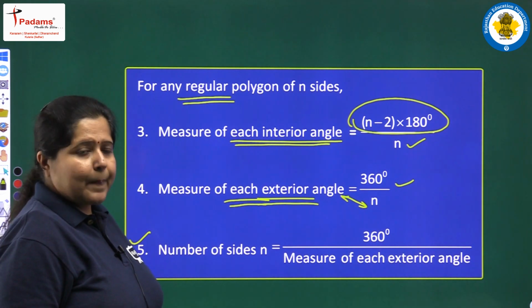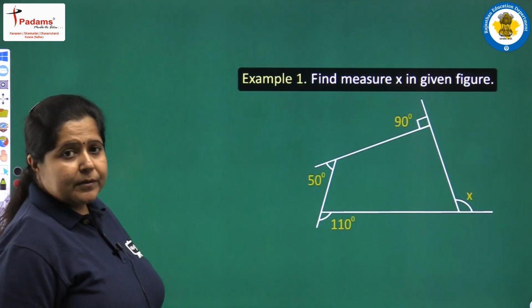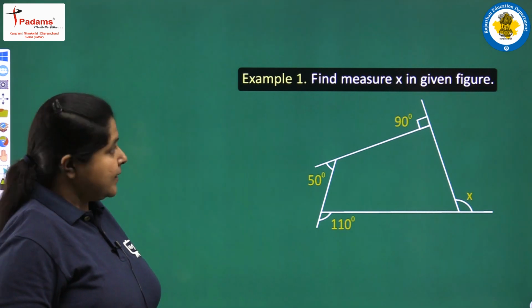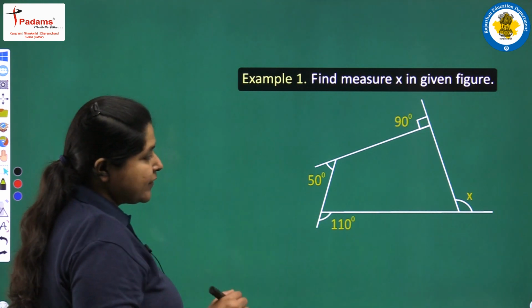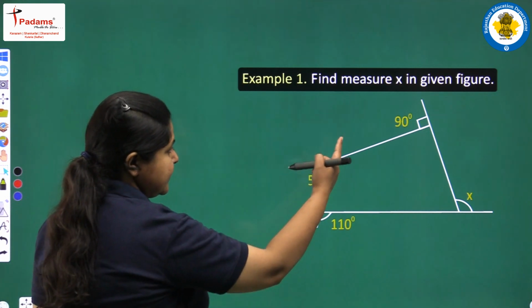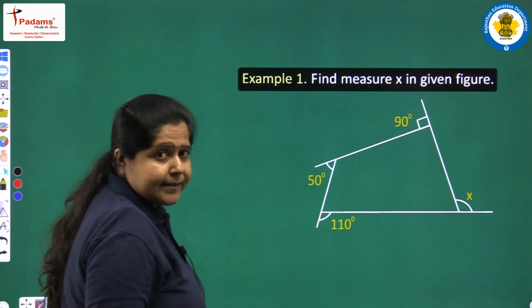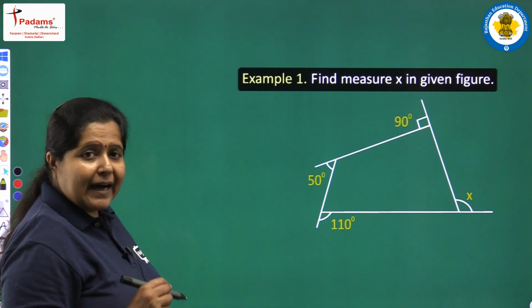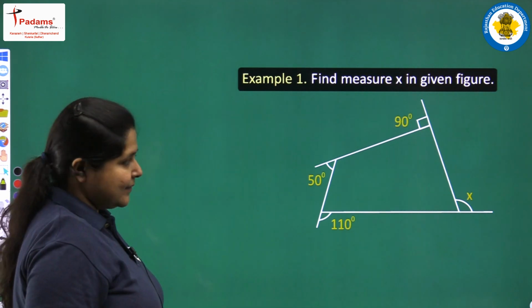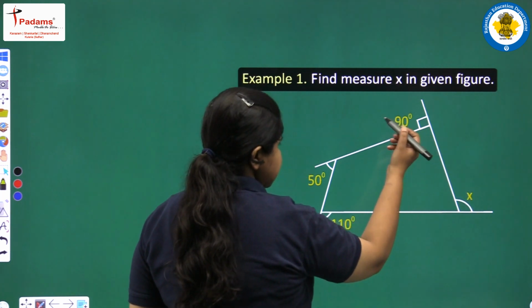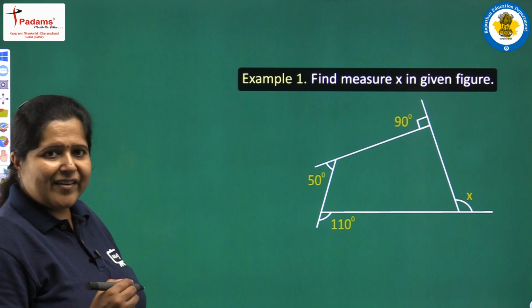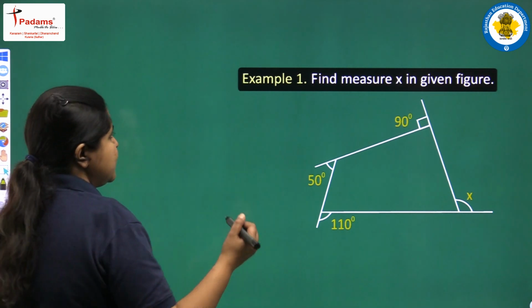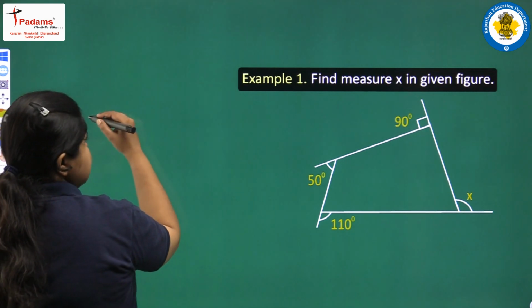Then we have a few examples on the basis of exterior angles. We have this figure, and here you can clearly see that of the 4 angles, 3 are given and 1 has been asked. All the 4 angles are exterior angles in this figure: x, 90 degree, 50 degree and 110 degree. All of them are exterior angles. So we will use that formula which says that